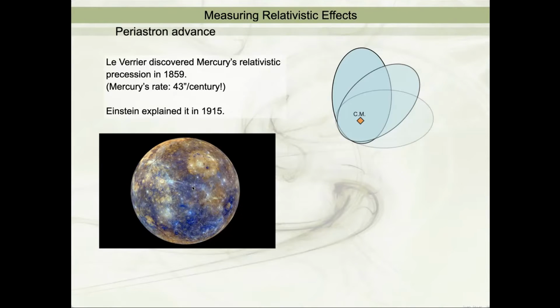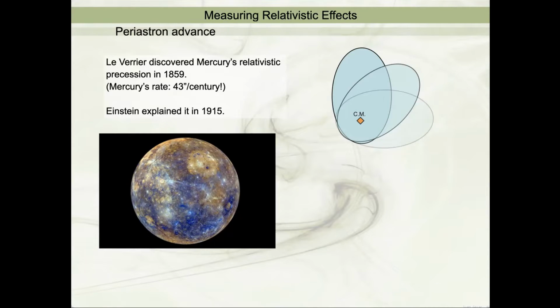Mercury has been observed by humans basically forever. Starting with people like Tycho Brahe and Kepler, they made really accurate measurements of where Mercury is in the sky as a function of time. And people have measured Mercury's orbit for hundreds of years. So using these data, what Le Verrier realized is that the motion of Mercury, which has an orbit which is